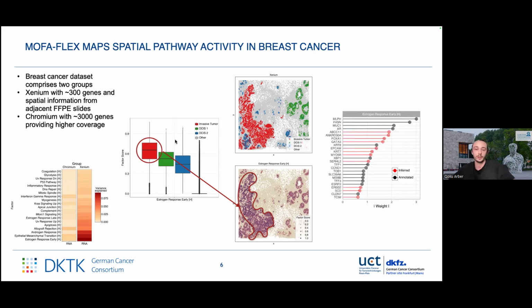And then again, we inspect the composition of the estrogen response early pathway, in order to see markers that are potentially relevant in the diagnosis and the prognosis of breast cancer. And among the annotated markers, we also see different markers like FOXA1, GATA3, TFF1, and TFF3 that are estrogen-regulated markers associated with luminal breast cancer subtypes.